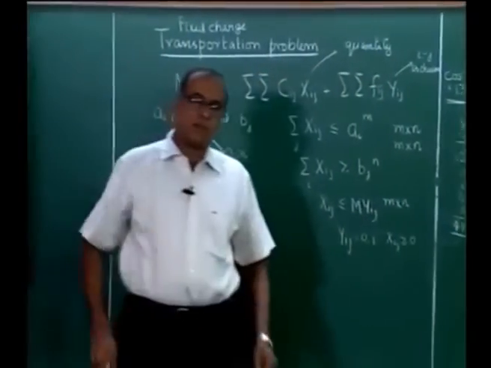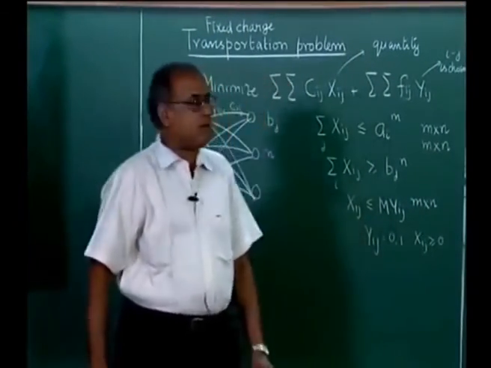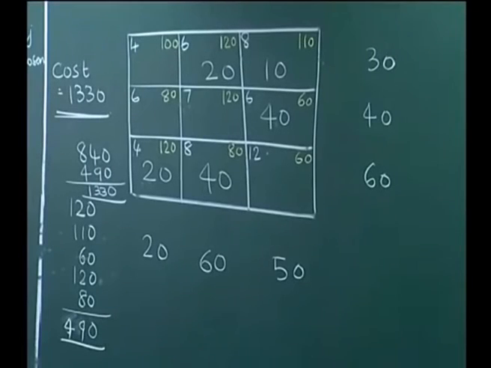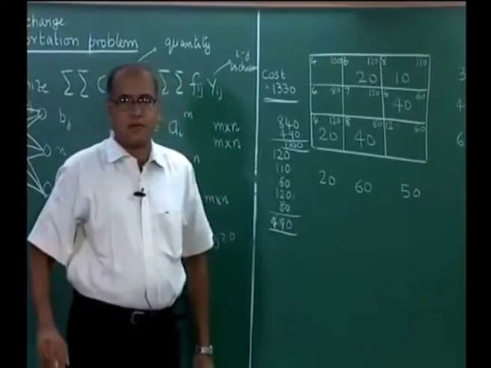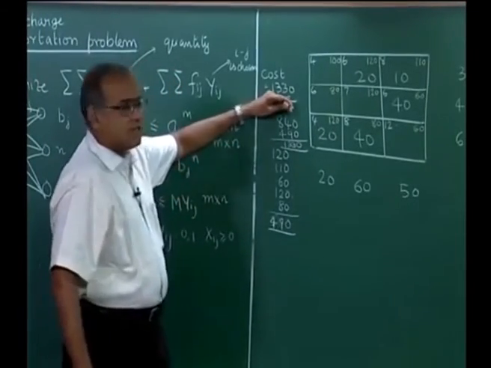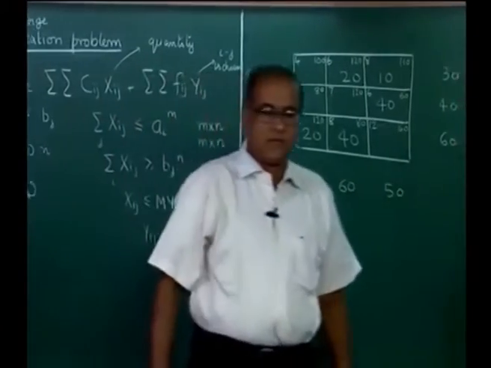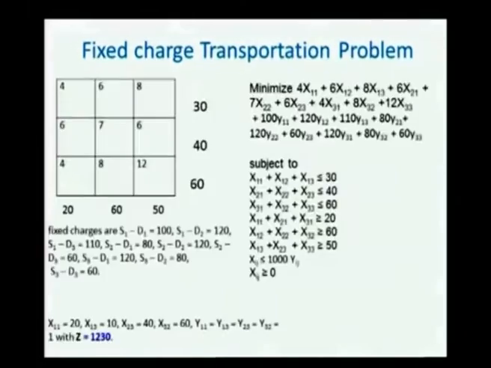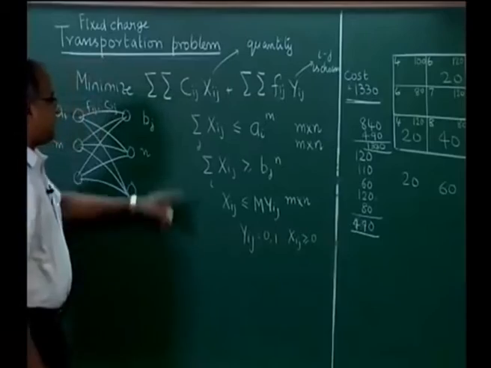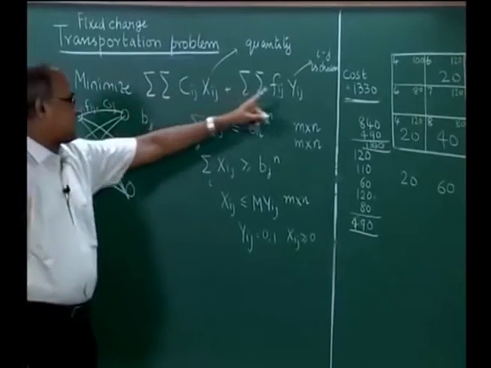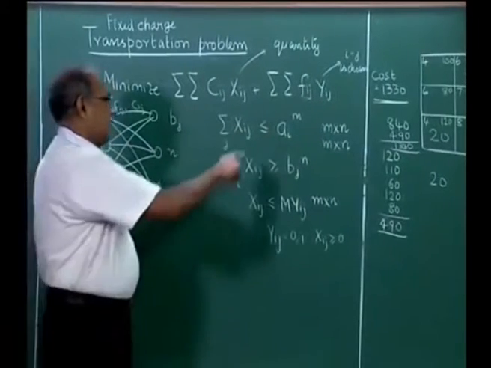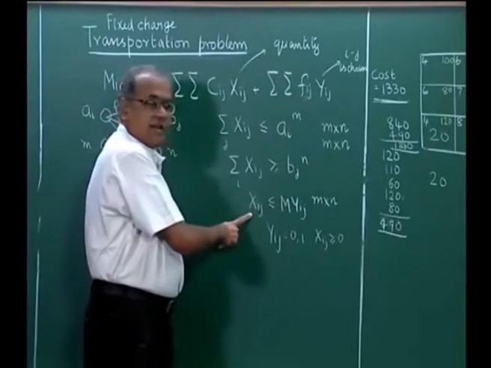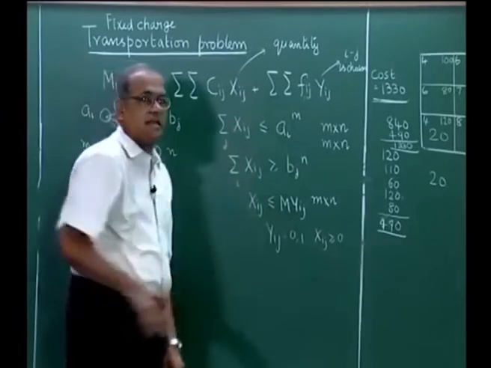Now, this is a feasible solution to the fixed cost transportation problem. So what we have done is we have not actually solved the fixed charge transportation problem, we have actually solved the transportation problem without the fixed charge, and then we have added the fixed charge to it to try and get a solution whose cost is 1330. But if we solve this formulation of the fixed charge transportation problem, the formulation that we have written here, for this example as I said there will be 9 plus 9, 18 variables, there will be 3 plus 3, 6 constraints plus another 18 constraints. So, 24 constraints and 18 variables.